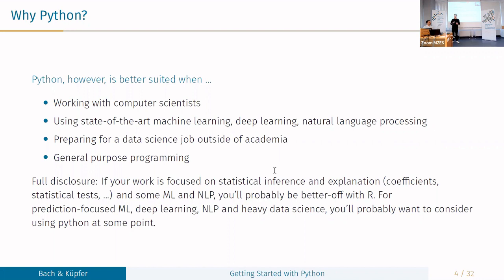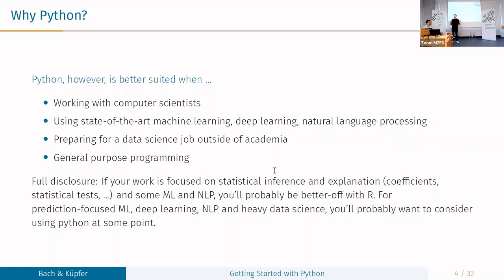So if you think about transformer-based natural language processing, you may have heard of things like BERT and all these large language models, then you will have to go to Python.